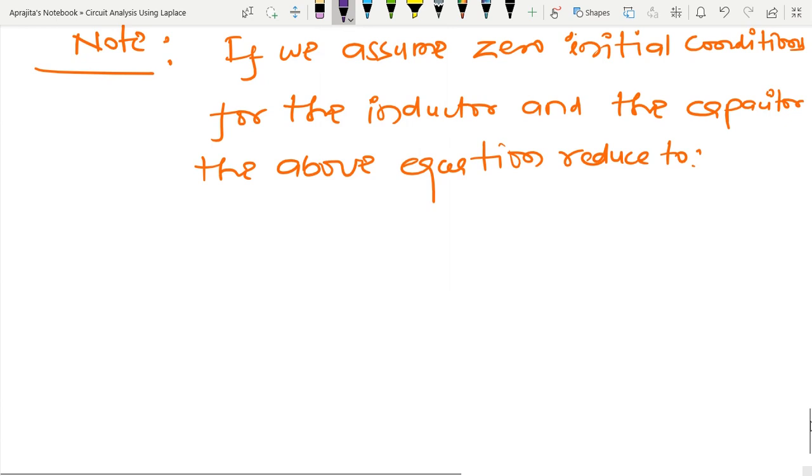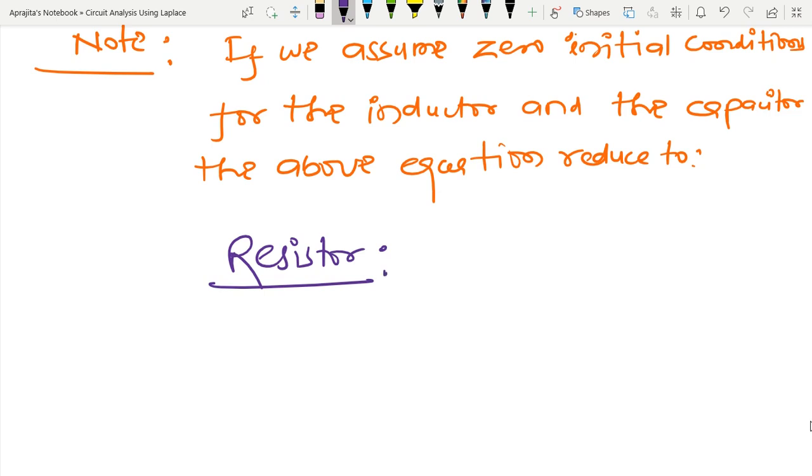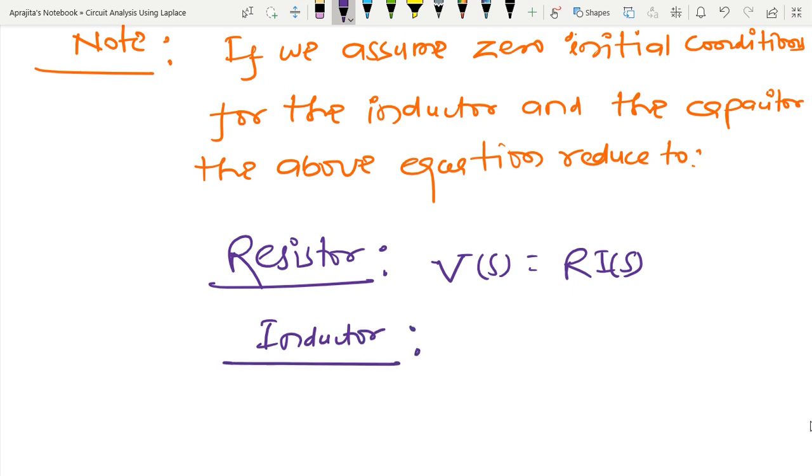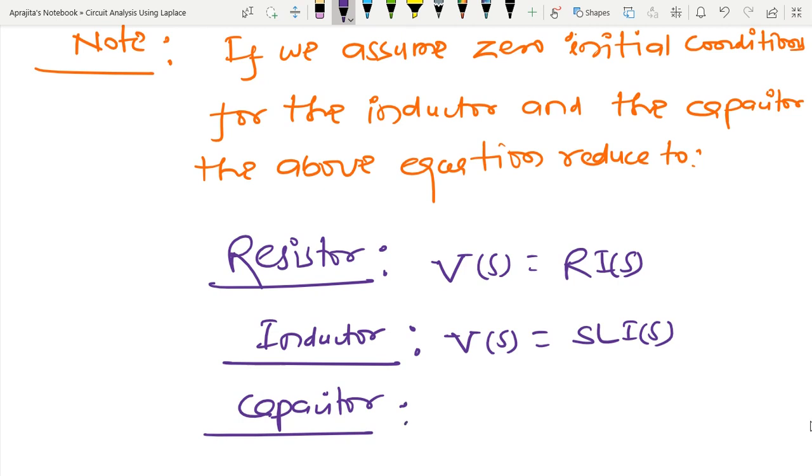So quickly I am going to write it. In case of a resistor, now I have this, and after that in case of an inductor I have an expression like this, that is Vs is SL Is. So the interpretation, again I am telling, is that this has a complex resistor in our interpretation, and for the capacitor, 1 by SC into Is.